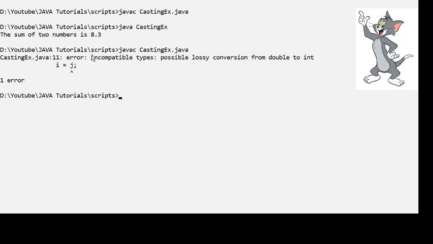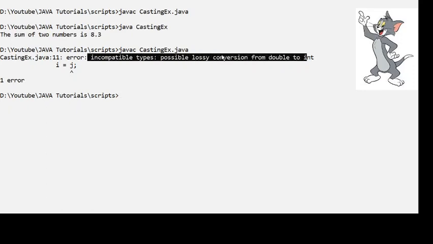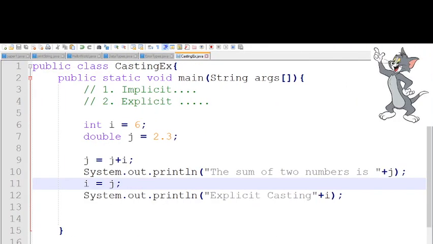you can see incompatible types or lossy conversion from double to int. So compiler won't allow us to assign the higher data type to a lower one, because there may be loss of data. For example, the value that is in j is 8.3. Now if you assign the value of j to I, then I is of integer data type.